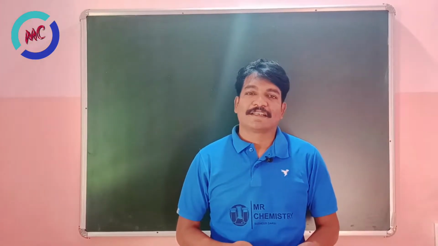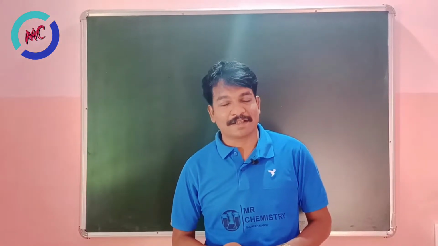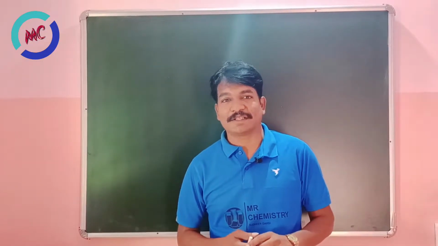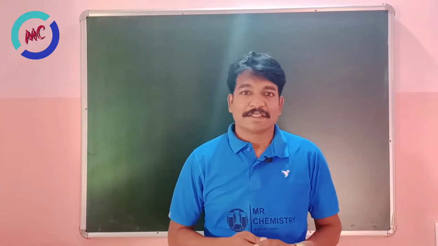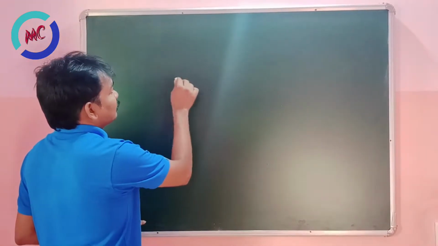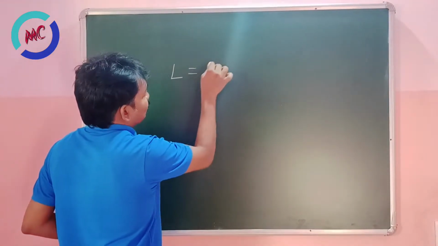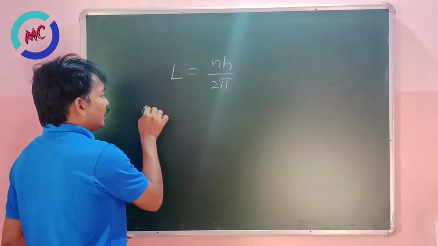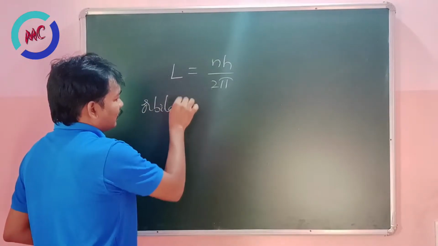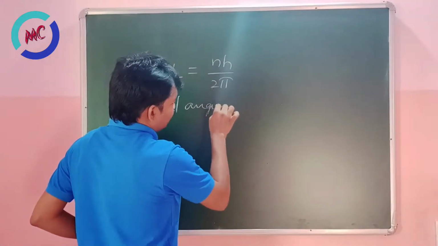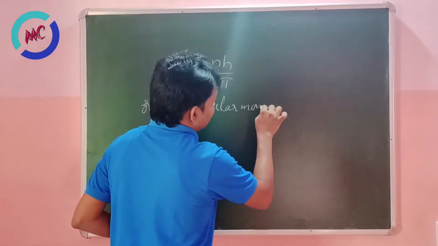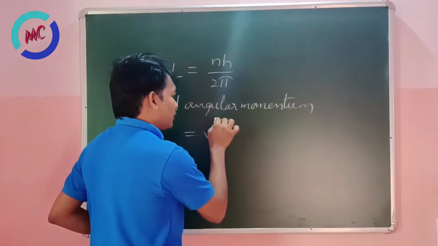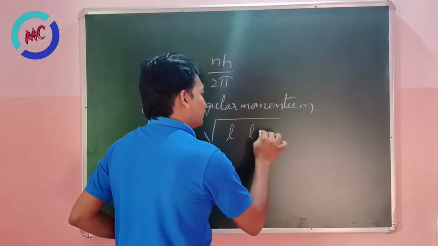Hi dear students, in the last class we learned how to calculate angular momentum. Angular momentum is equal to nh by 2 pi. Now in this class we are going to learn orbital angular momentum. Angular momentum is equal to nh by 2 pi. Here orbital angular momentum is equal to root of L into L plus 1